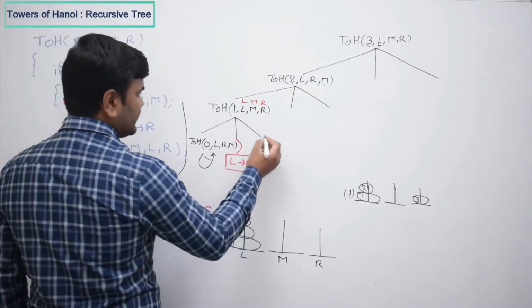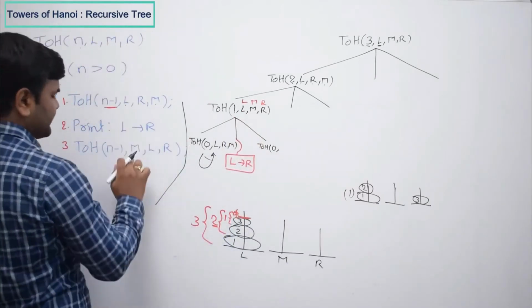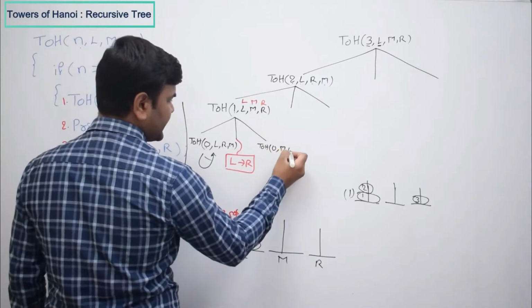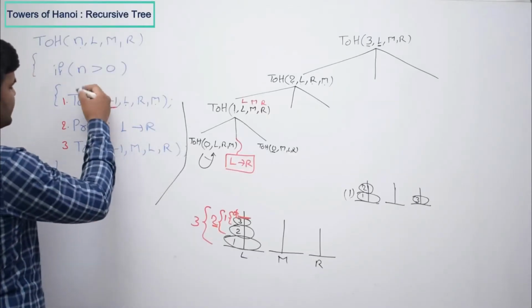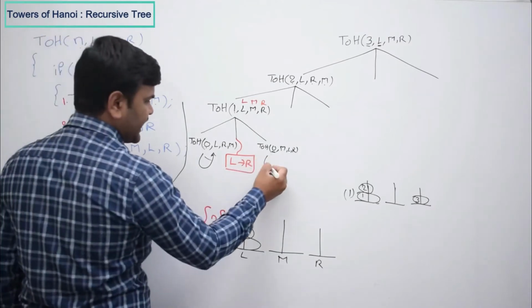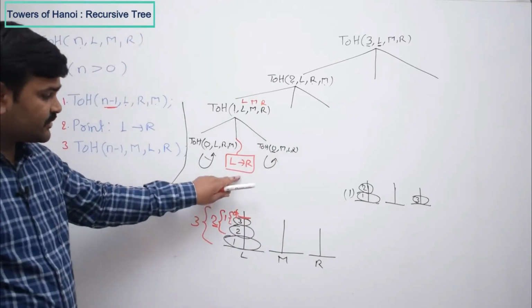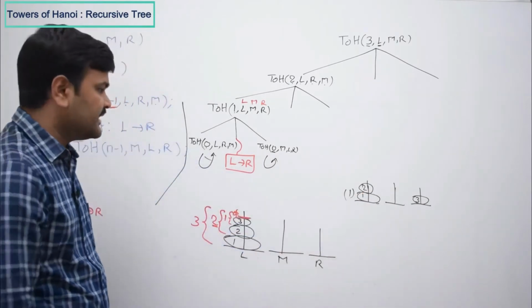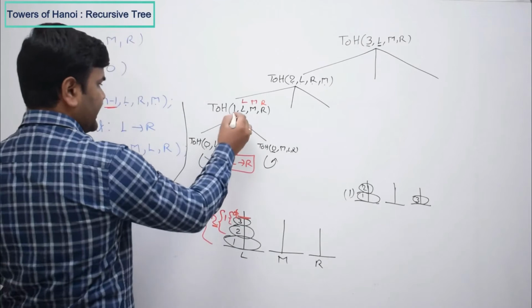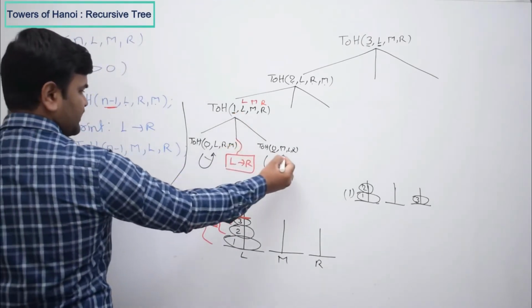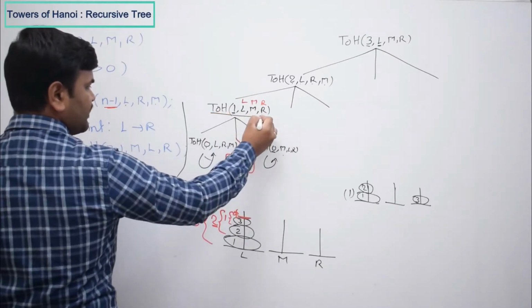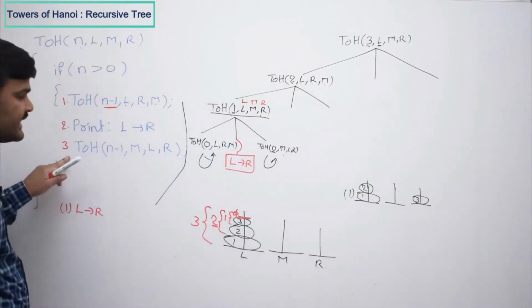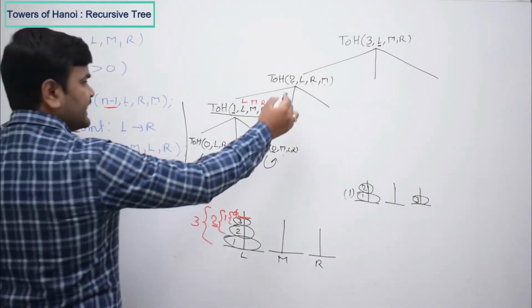So now here M and L we are swapping, so that will become MLR. Because n is 0, same discussion as before, so it is simply going back. This is the first movement taken place. So once these three steps are over when n is 1, it is going back to wherever the function call is there. So this statement is over when n is 2. That means the first statement is over when n is 2.